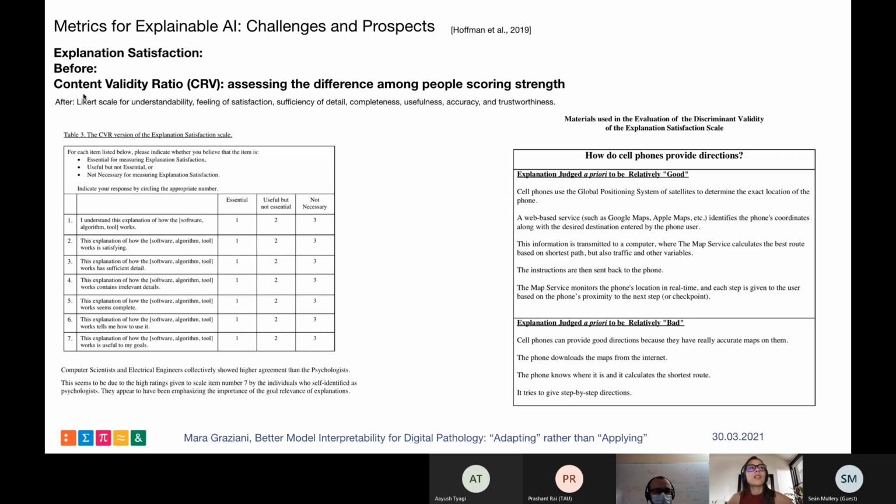So that's one thing that you have to check before evaluating the satisfaction of the users. And here they're proposing a step that is a content validity ratio assessment. So you want to assess the difference among the scoring strength of different people. And this is done by, for example, asking them to give a score first, and then to evaluate essentially